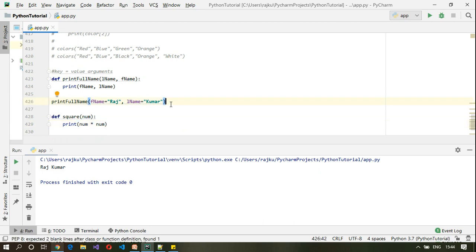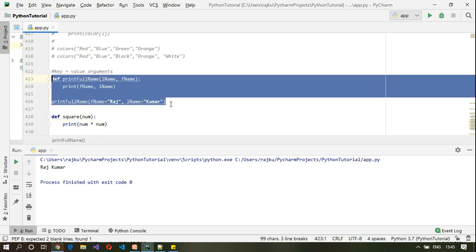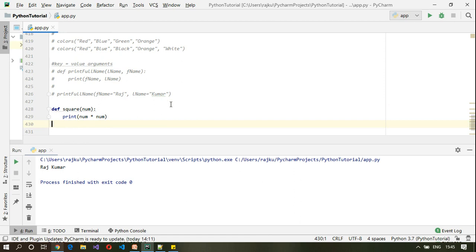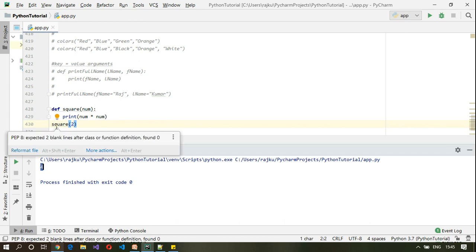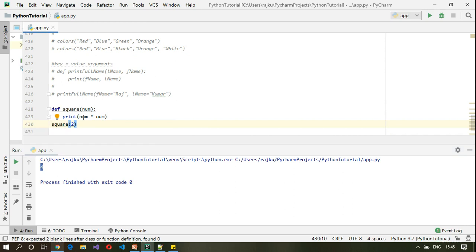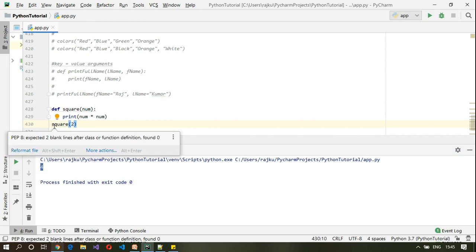Let me comment this out, and then call this function, square of 2. Now this is printing 4. However, instead of printing the 4 here, I want to get the value back to this calling method. This function should return this value of 4 to this calling function.